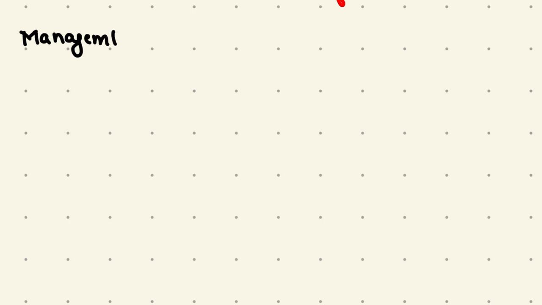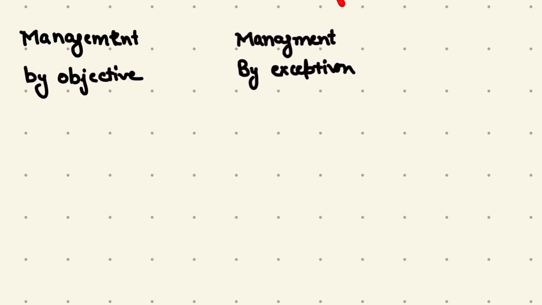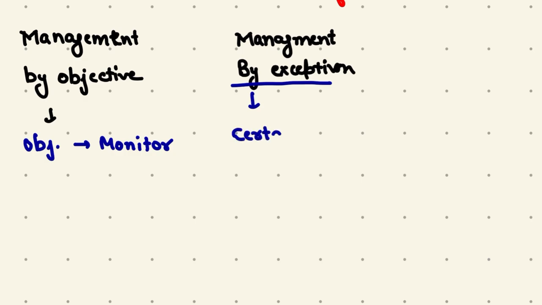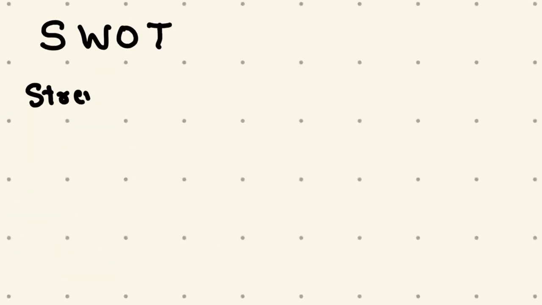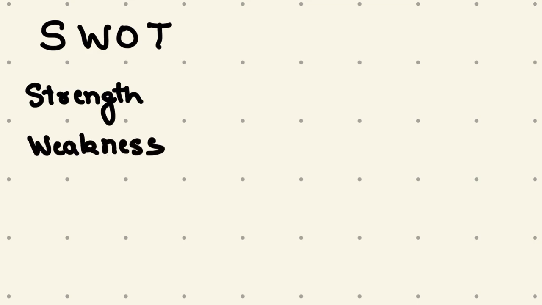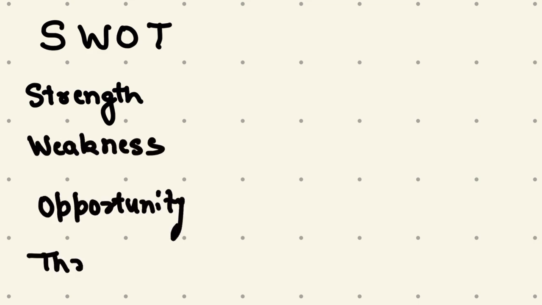So other techniques are management by objective and management by exception. In management by objective, we monitor the objectives, and in management by exception, we look into certain special situations where we manage things properly. For example, in an epidemic. Then we have another important analysis, that is SWOT analysis, which means strength, weakness, opportunities, and